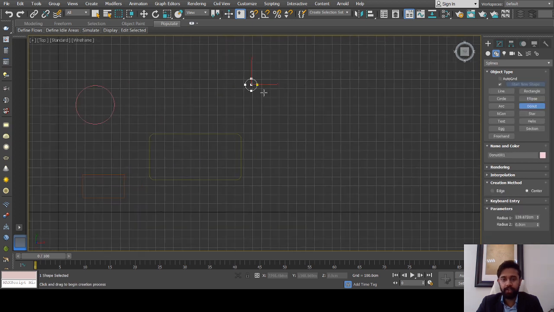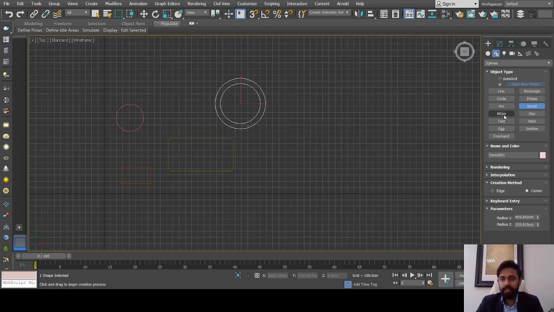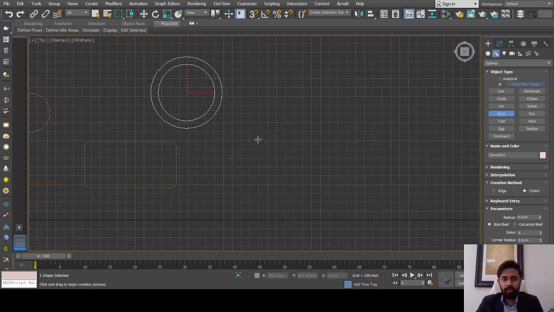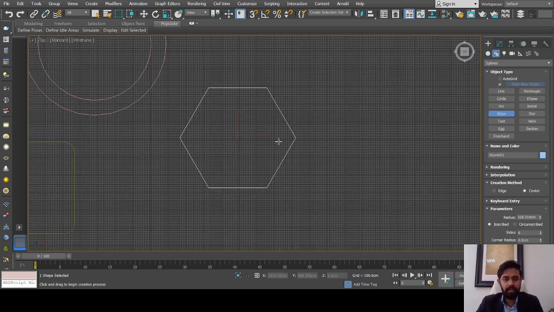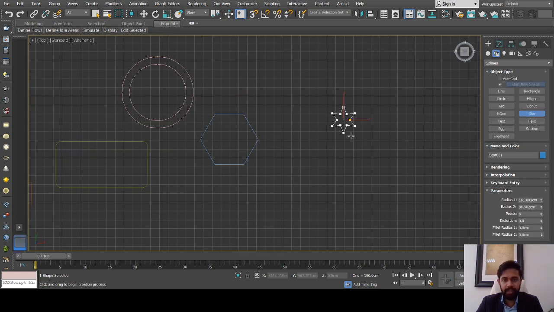We have a donut shape. We can just create it with donut shapes like this. Similarly, we have the radius 1 and radius 2 option. Okay, and similarly we can see there is a star option. You can just click and drag it. It's similar to the polygon shape. You can see here, just click and drag it. And the first radius is there, the second radius is there, so you can control the first radius and the second radius. You can see radius 1 and radius 2,